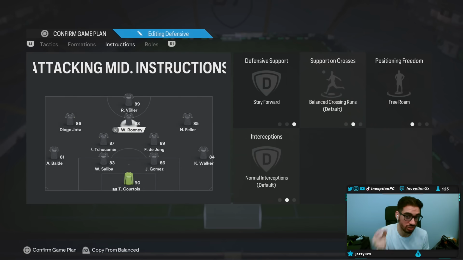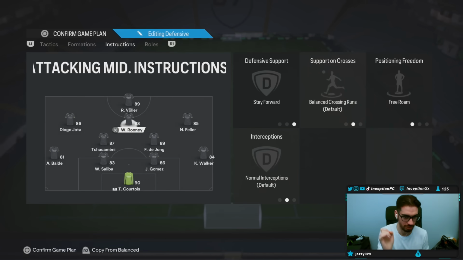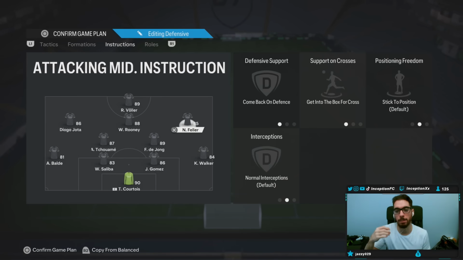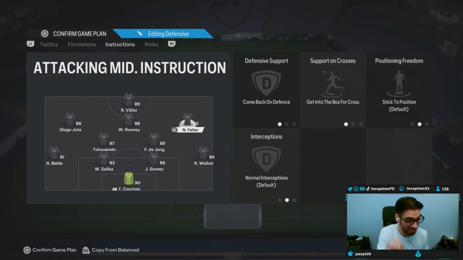Your CAM is on stay forward, free roam. Okay, so it's always nice to have someone like Griezmann there. Griezmann is like the best example of someone that plays that position really well. We have Rooney because this is the first one RTG, so we're trying to figure out some stuff, obviously. We have come back in defense, get into the box with the cross for both the left and the right